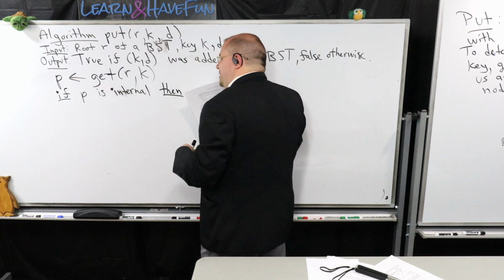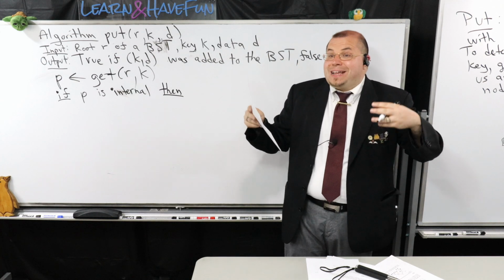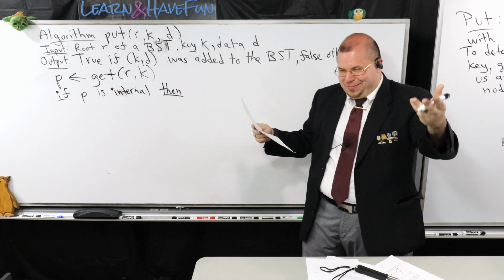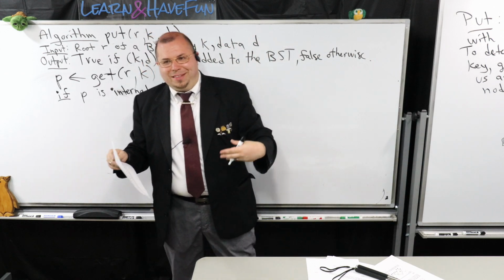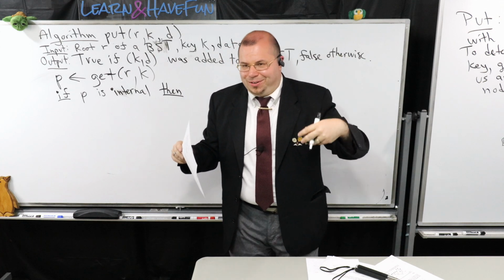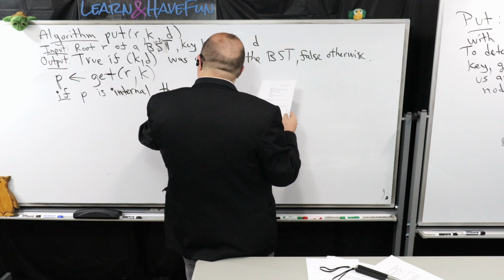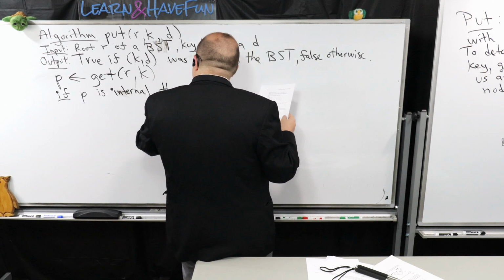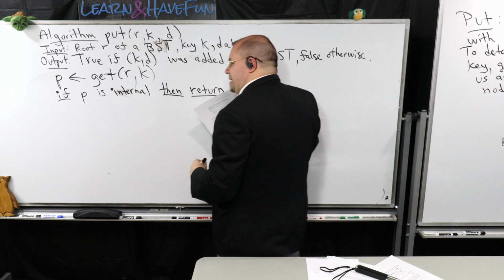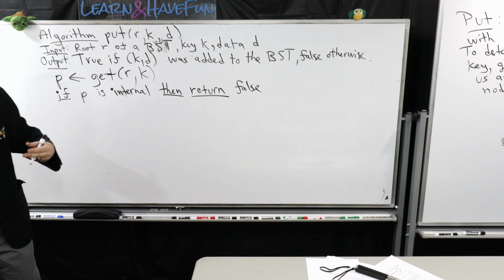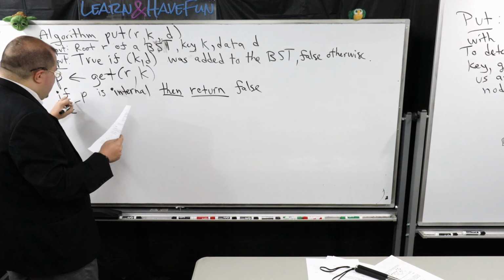If you're ever given a function for is internal, you can always just make it not is a leaf. Very often when people implement these, they pick one or the other, then logically negate the other one's result. It's a pretty easy way to implement is a leaf or is internal. So if this is the case, as we established, the insertion is going to fail because we hit an internal node. It means there's a duplicate key coming in, and that means we don't want to put it in.